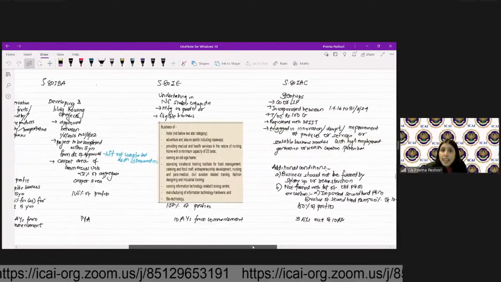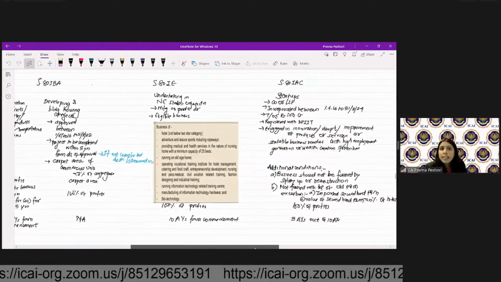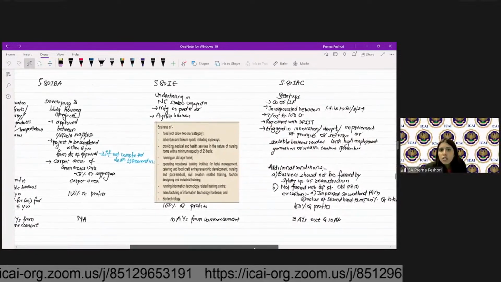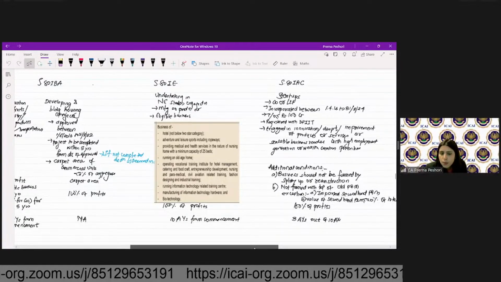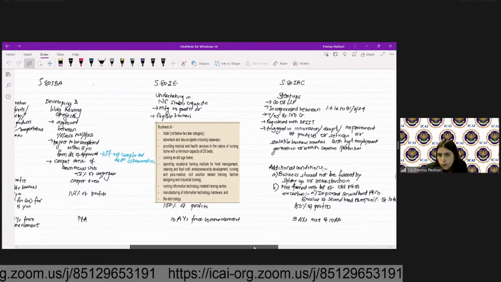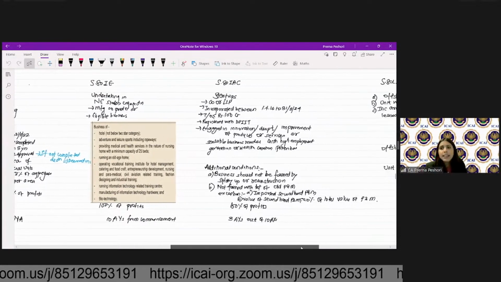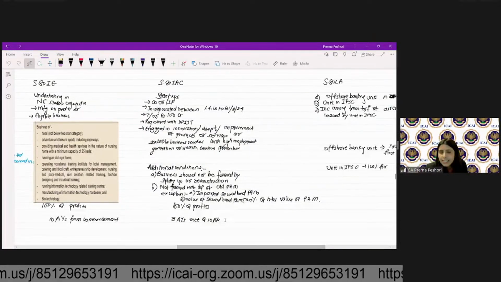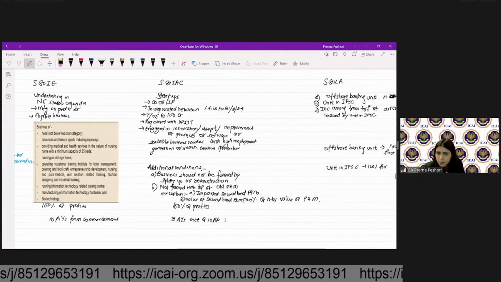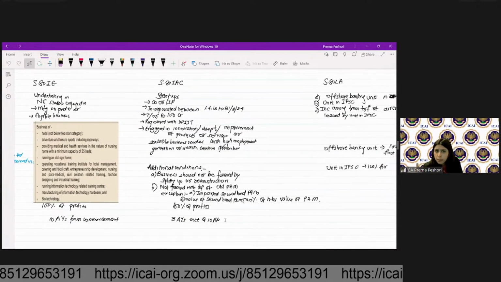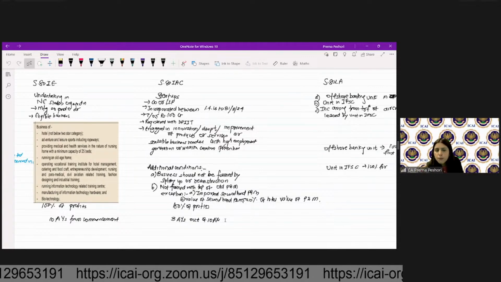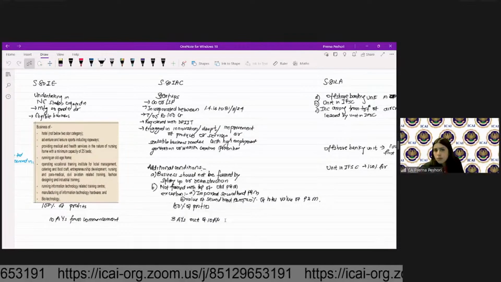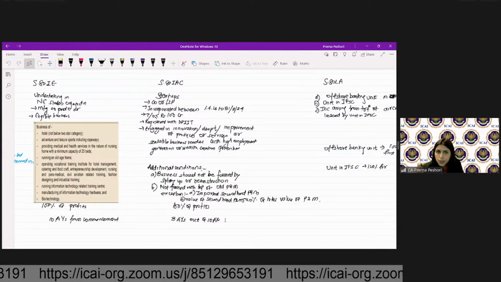Then you have 80-IE, which is for undertakings in the northeastern states engaged in manufacturing or production. The eligible business will get 100% of the profits as the exemption. And the last two are 80-IAC. 80-IAC is for the startups, including the company or LLP, incorporated between 1st April 2016 to 31st March 2024, where